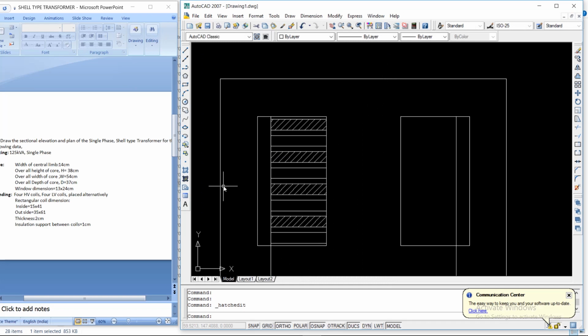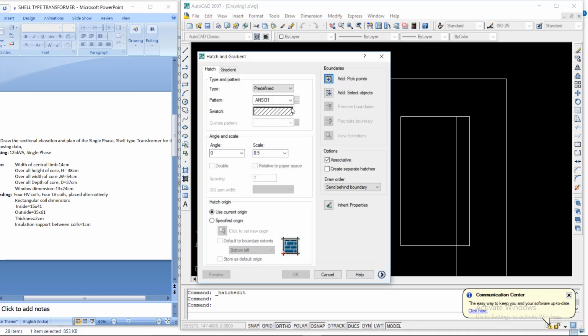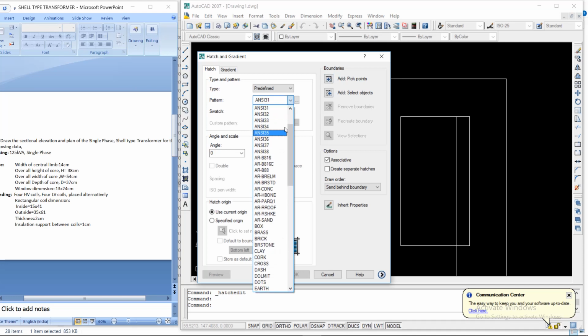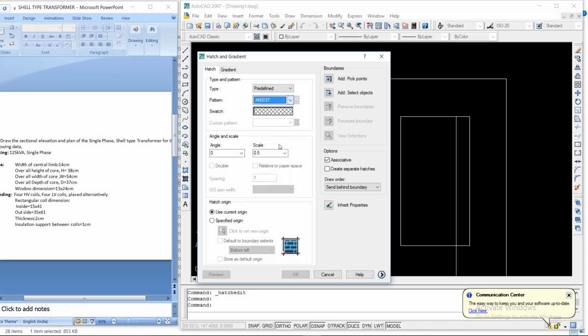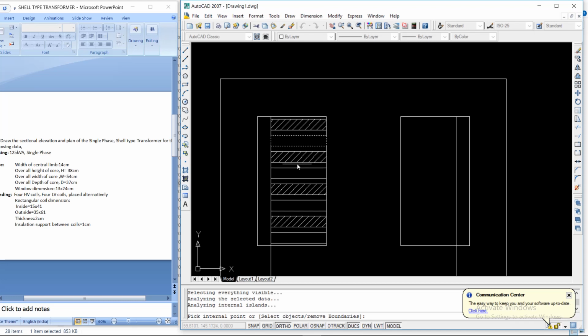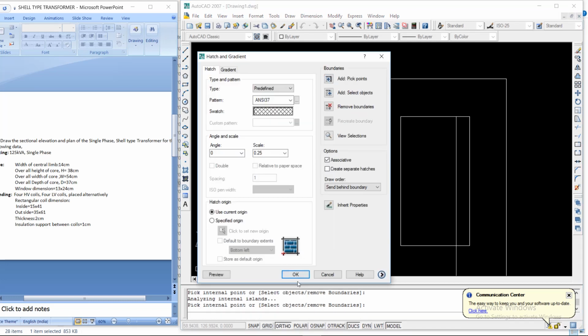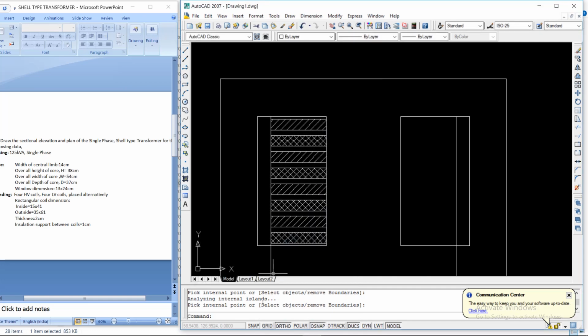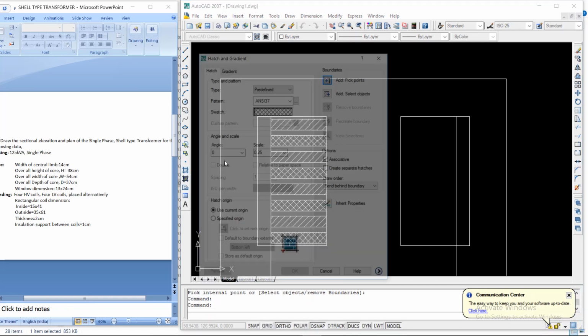OK, next again we can select the HV coil here, NC37, scale will be 0.25, add pick points, select these rectangles, enter. OK, now the insulation part, again select hatch.